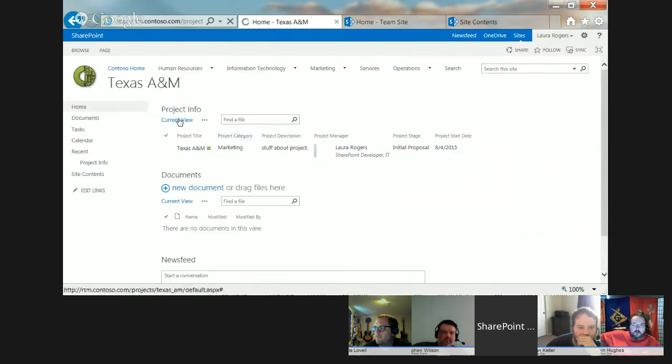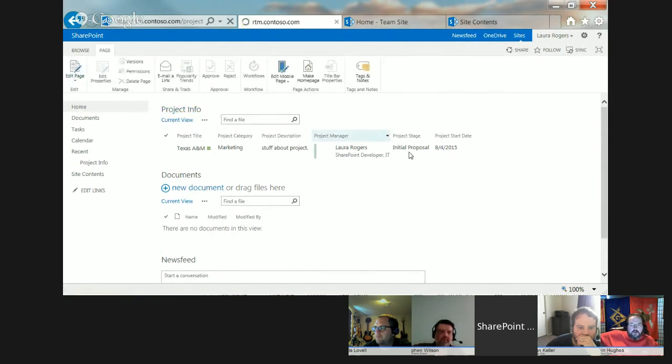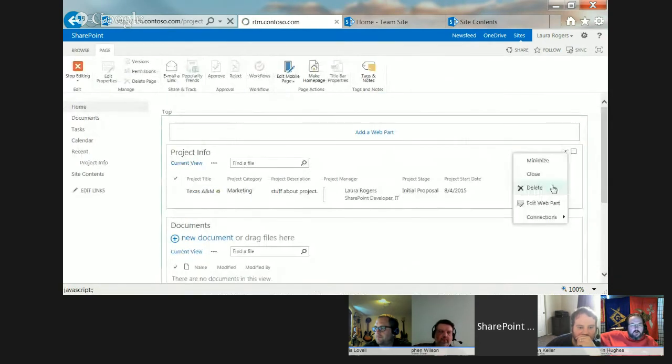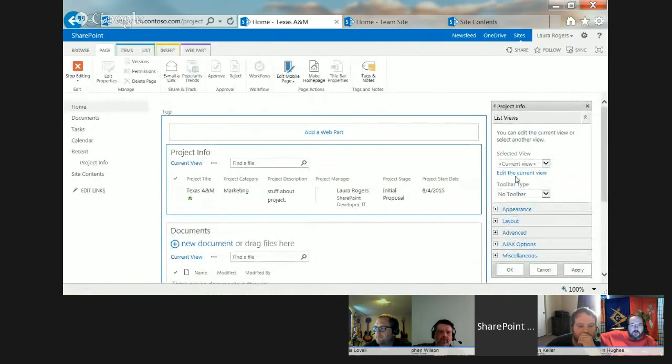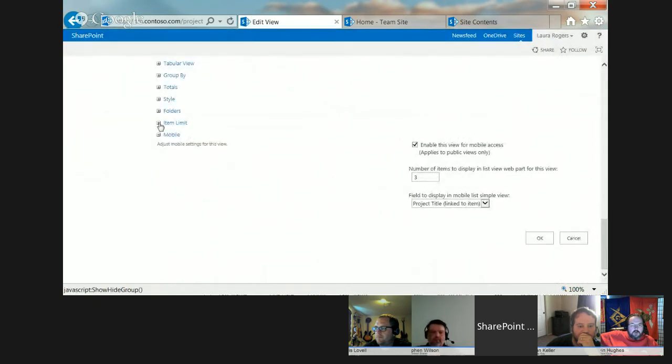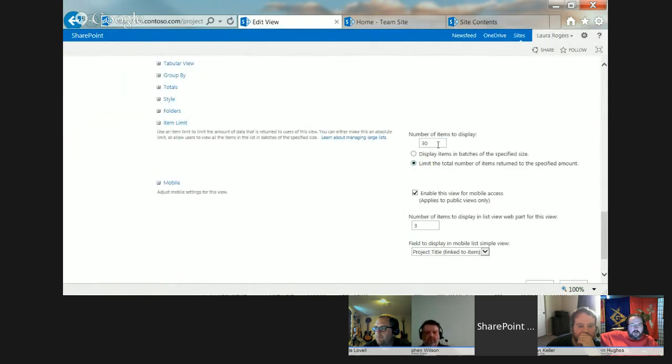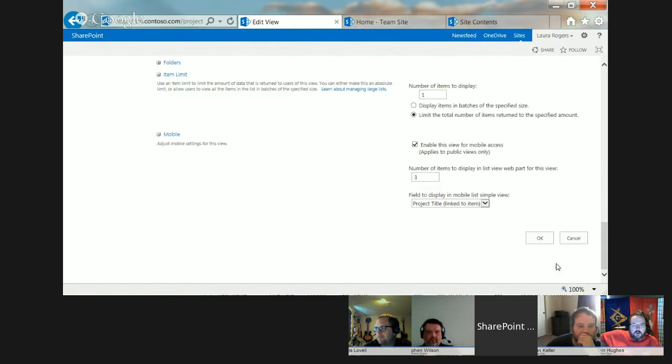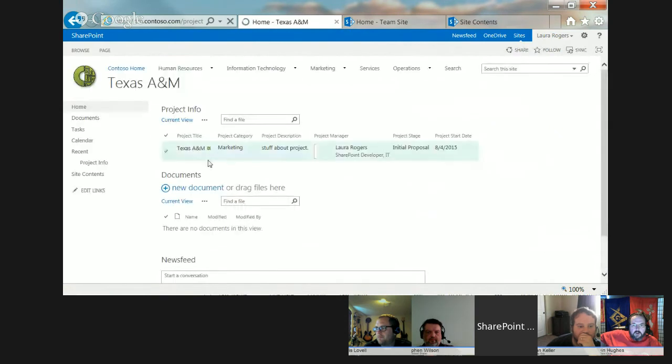Oh, and then one more thing. In this web part, I only need it to show just a single item. So I'm going to go to the settings and go to item limit, and I'm just going to say show one item. We'll also see what it looks like now. I can even make it a little bit more fancy by using a different